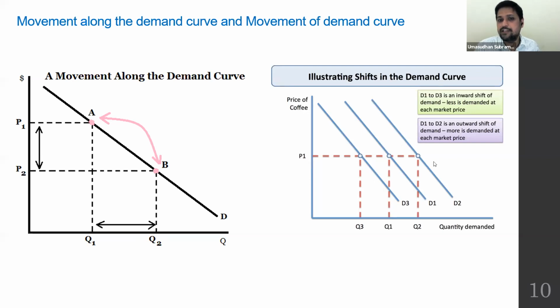Look at this, what's happening here? Here we are actually talking about changes in the demand curve. Either the demand curve is going to shift to the right or it is going to shift to the left. So this is where non-price factors are going to change. Price is not changing, but other factors are changing. For example, the income of an individual increases. What happens to the demand? Increase in income, demand increases. That's exactly right. Higher the income, higher the demand.